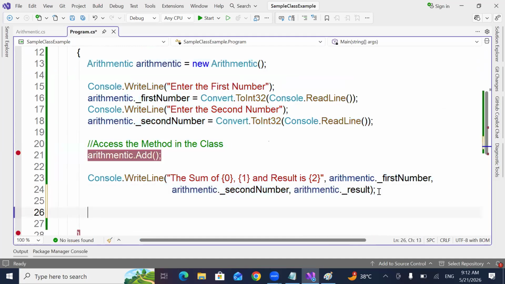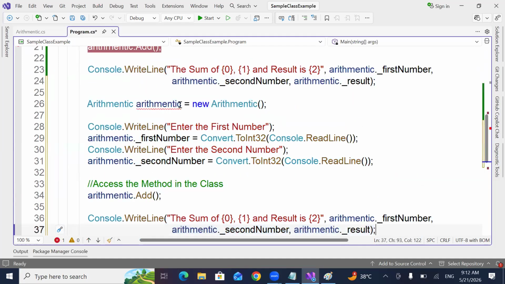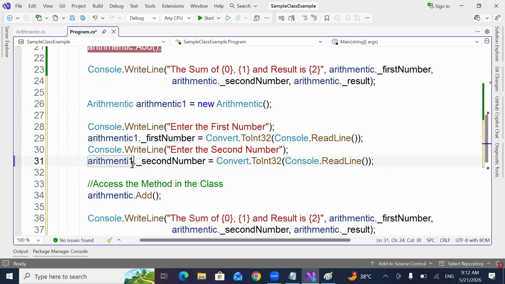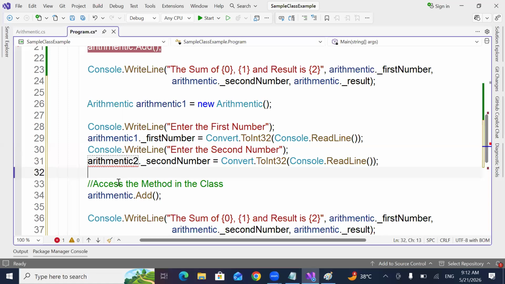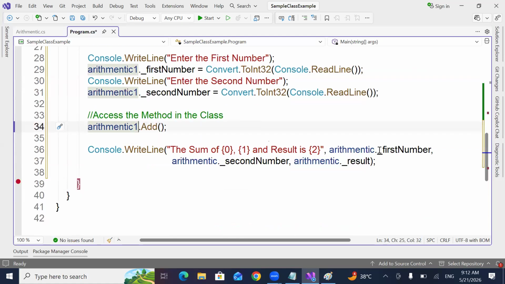Now come back. I'm putting here, I say 1. Again, I say 1 here. Again, 1. Arithmetic. Here also 1. Here also 1.